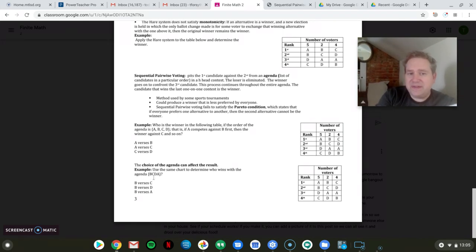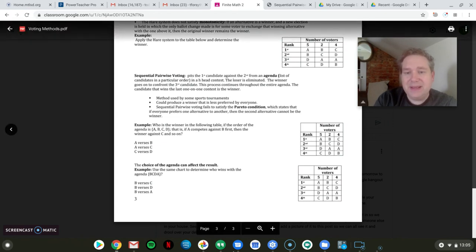B versus C first. Whoever wins that goes on to D. Whoever wins that goes on to A. Okay, so try that, and then we're going to get ready to finish up this part of the chapter where we're learning the different voting methods. Let me know if